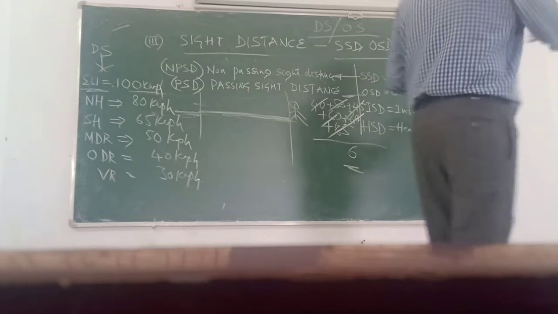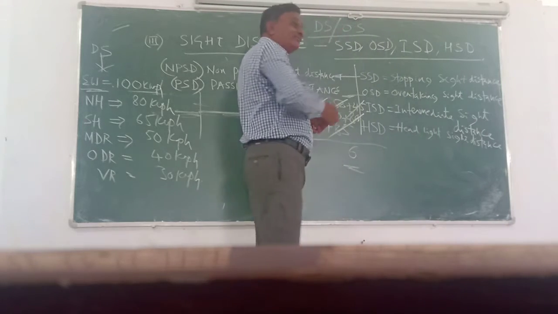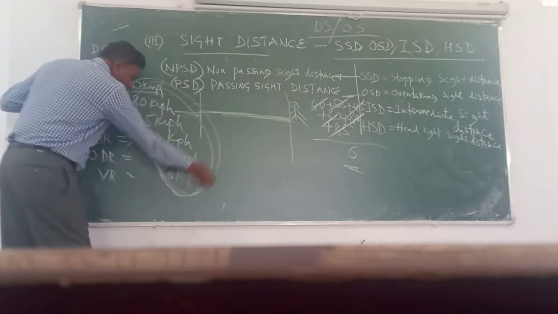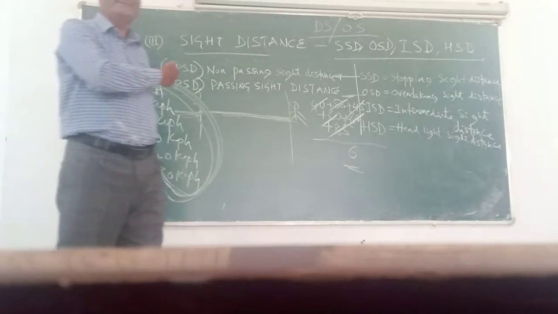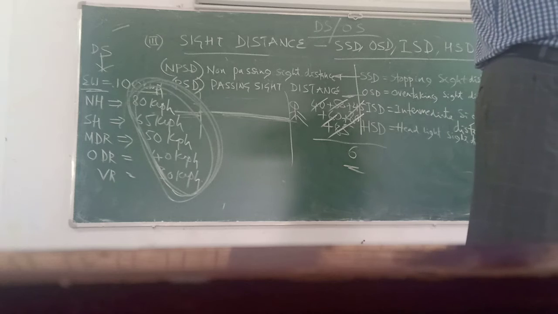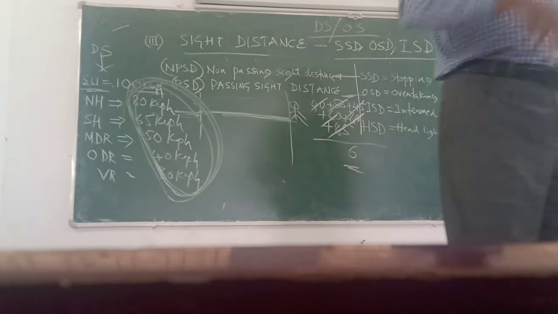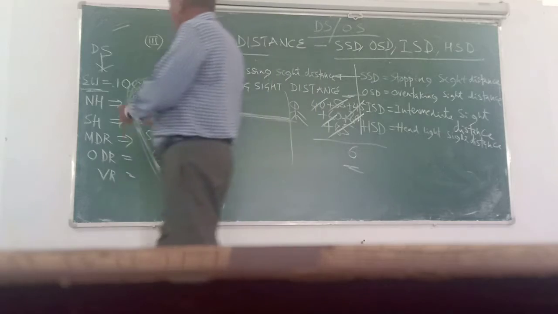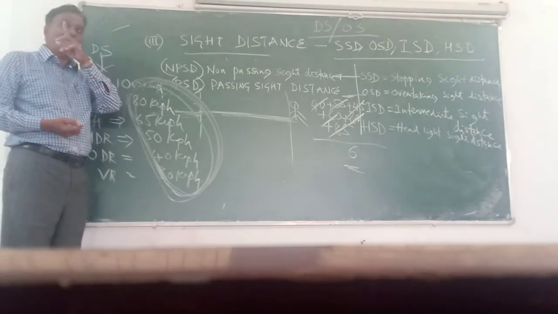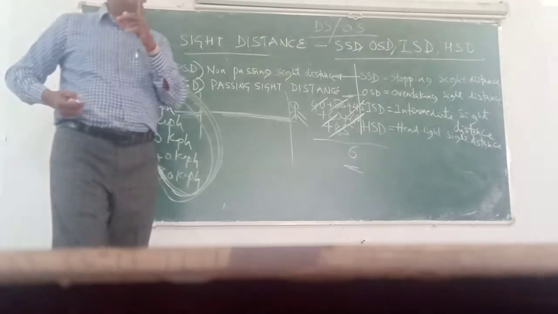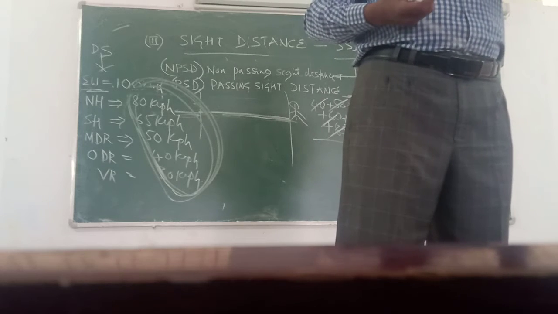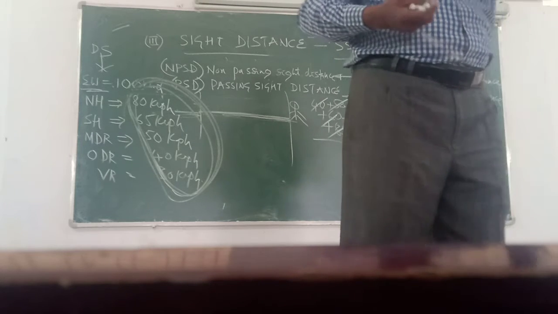Now comes the designated speed. Your designated speed is this, designated for the different categories of the road, correct? If I say 100, it is not that it should not go above 100; it is minimum 100 km per hour. If you look at the expressway between Pune and Mumbai, the vehicles will be going at minimum 100 km per hour.